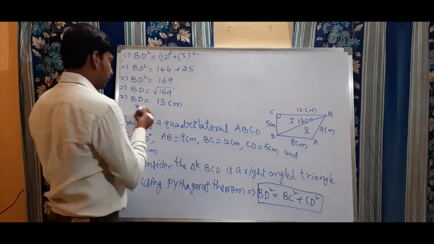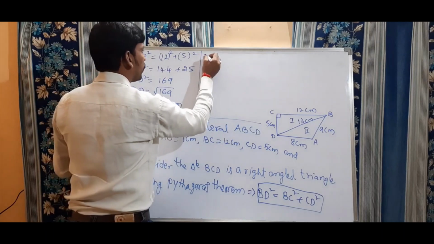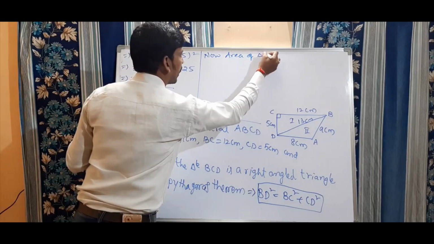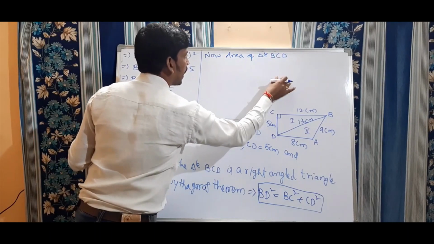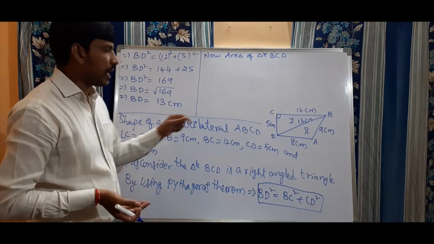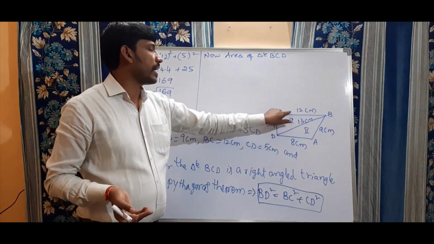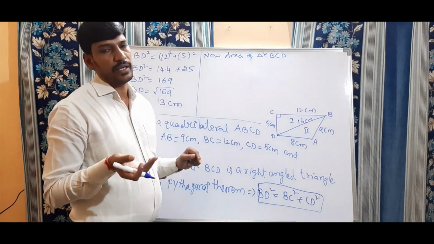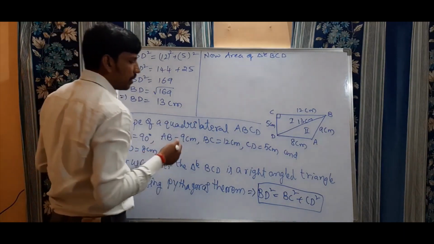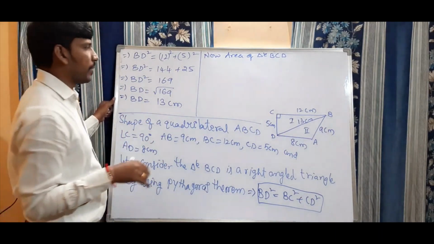Now we can find out the area of the triangle BCD and the last triangle BAD. Clear? Now the area of triangle BCD. Here to find the area of triangle BCD, you can use half into base into height because we know the base, we know the height. In a right angle triangle, the perpendicular sides are base and height. Or by using Heron's formula also you can find it. Okay, whichever is easy, you can use. Now use Heron's formula only because we are using Heron's formula.